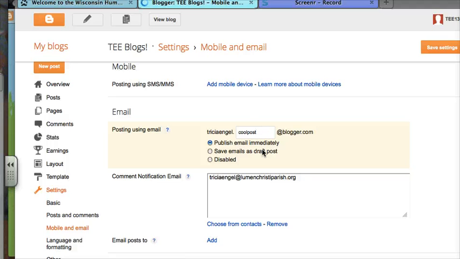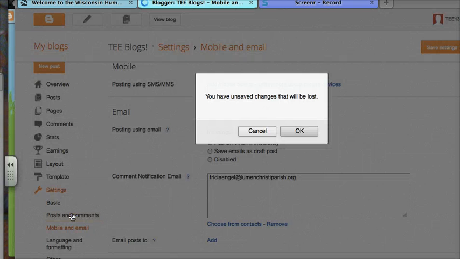You don't have to log into a computer. You don't even need a computer. So I think that is really cool, and it will add a lot of functionality. So you've got to save that setting, but I'm going to remove that. I would want people to keep that kind of private, so we're not going to share that. And we're not going to share our passwords really, and we will be monitoring